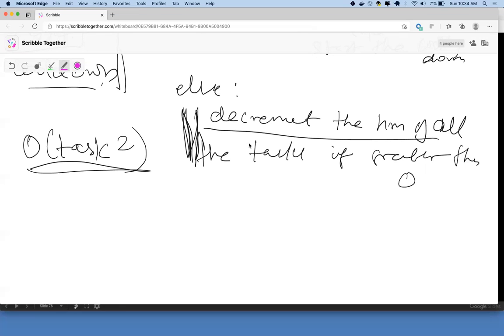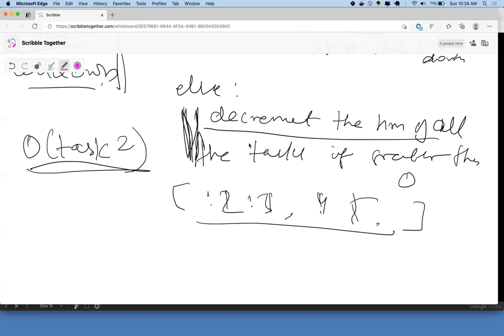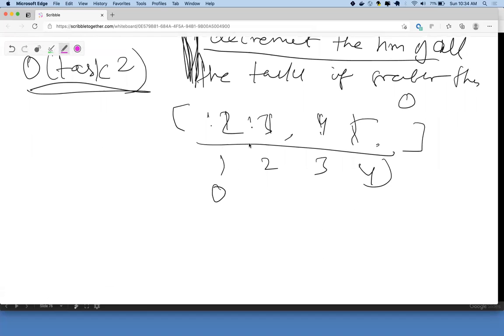Devan, what were you doing here? You decrement the hash map once, right? And if everyone has a cooldown of 1, or let's say 2, 3, 4, 5, you decrement it all once: 1, 2, 3, 4. Then you again go through it because you have not seen 0 till now. Then you do 0, 1, 2, 3. You again do a 0. You go through, and if it is 0, then you run it. This is what you're saying, Devan, right?